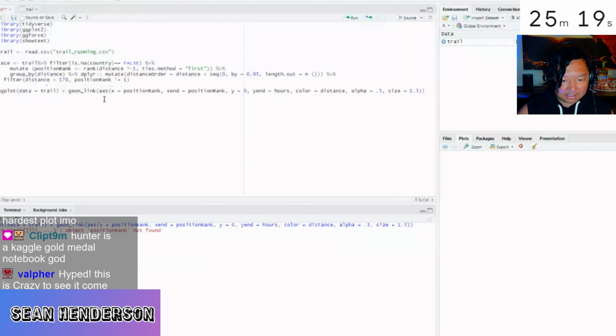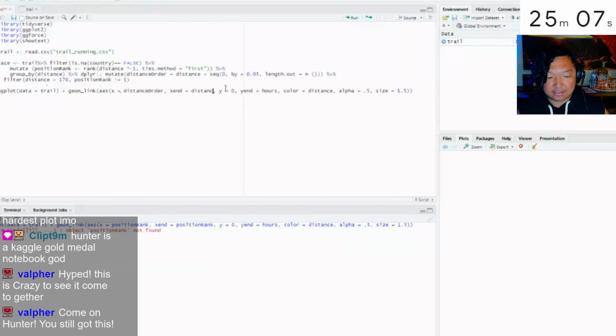Sean Henderson here. Looks like he has loaded in the data, also trying to generally plot the data as it goes. I am interested to see what his first run is going to be, but while we are waiting on his